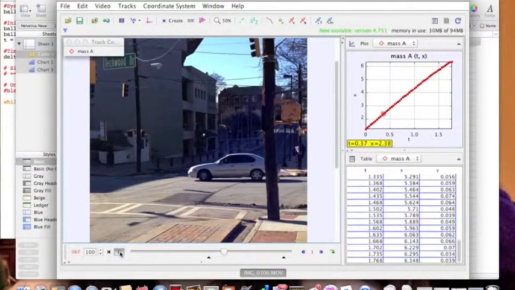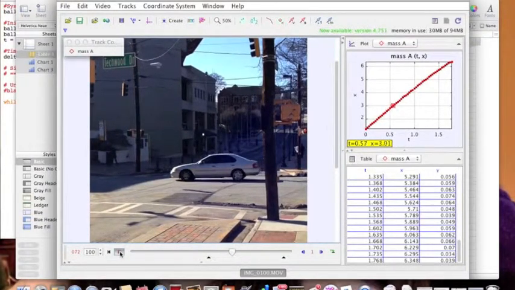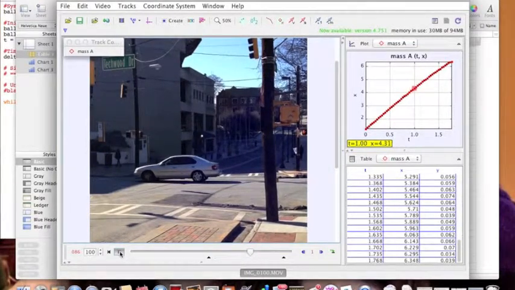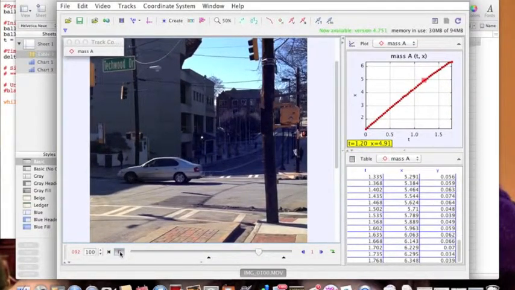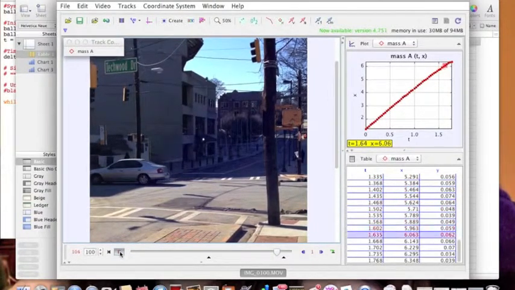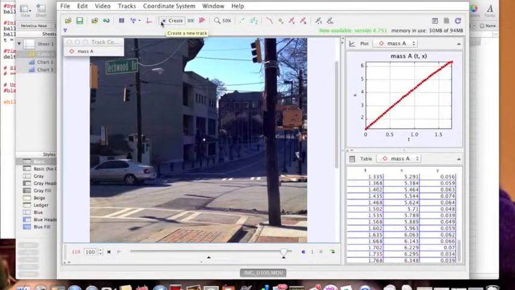For my lab report, I decided to record a car driving through the Techwood-Bobby Dodd intersection at a constant velocity. I uploaded the video to Tracker and then cut the video down to the relevant portion. I first used the calibration stick to reflect the length of the car, which according to Google is about 3